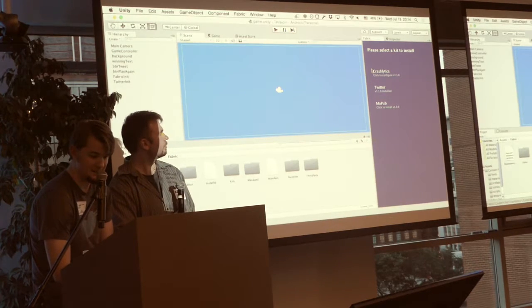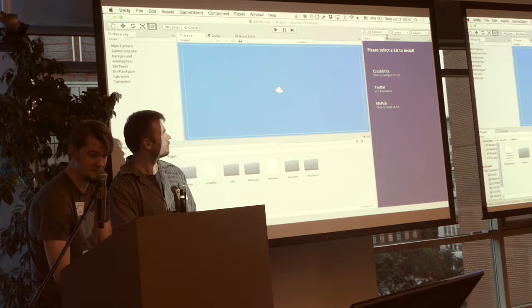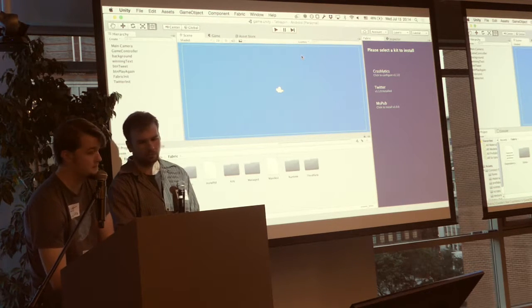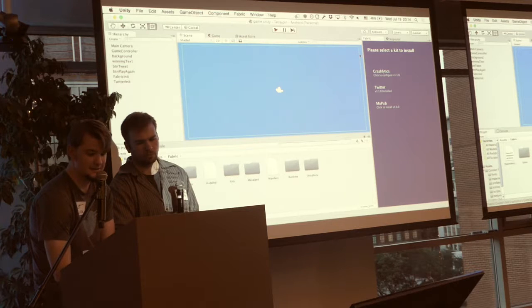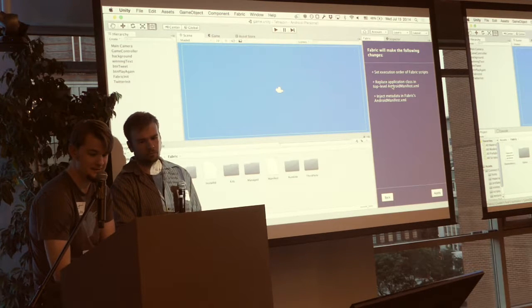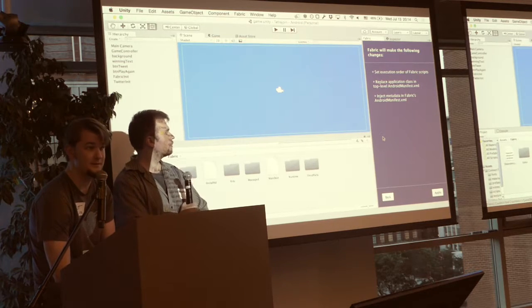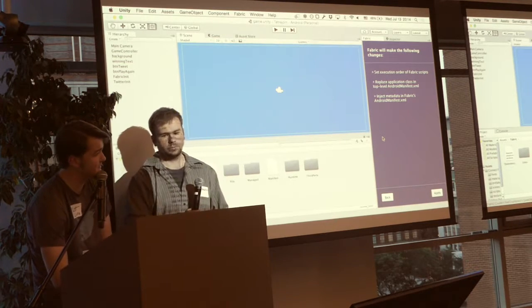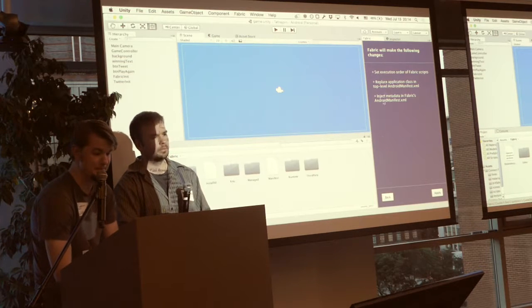Okay, so over here we can see the Fabric plugin. For the sake of time, I've already prefetched a few things. We've already installed the TwitterKit, which will give us a little social component for our game. And I'm just going to walk through the installation and configuration of Crashlytics. So normally when I click that little button there, it would download the Crashlytics kit into your Unity app.